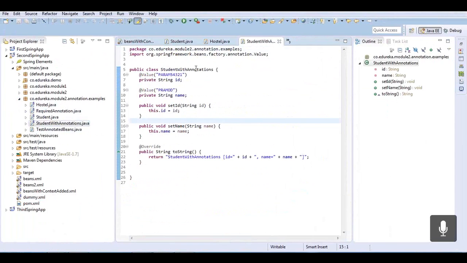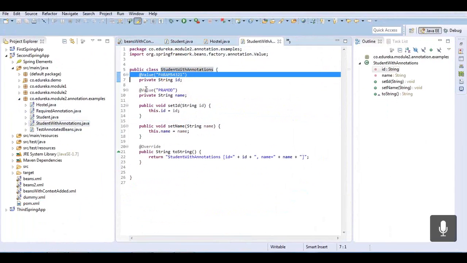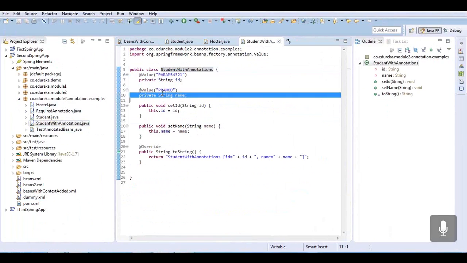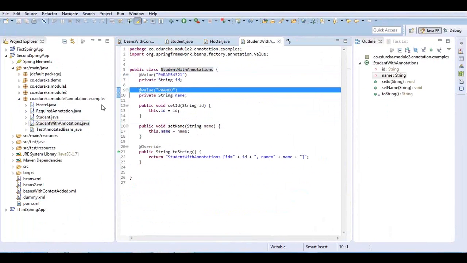Yeah, see here, student with annotations. So for ID, I'm taking this as the default value. For name, I'm taking this as the default value. And if you go to